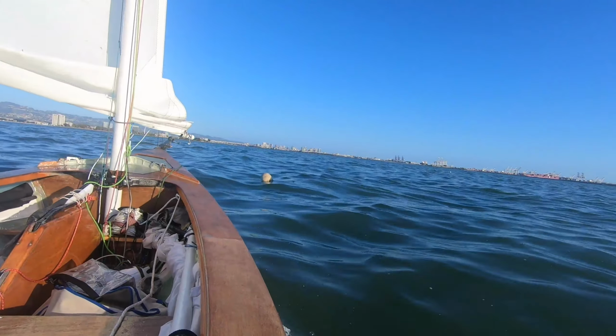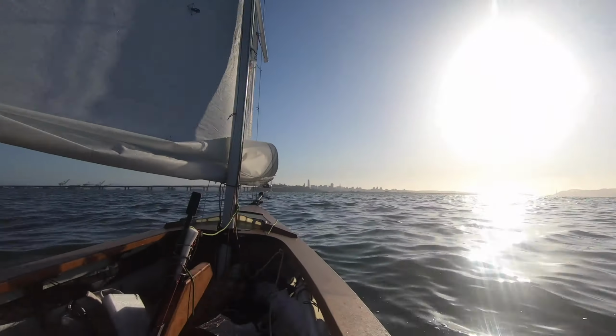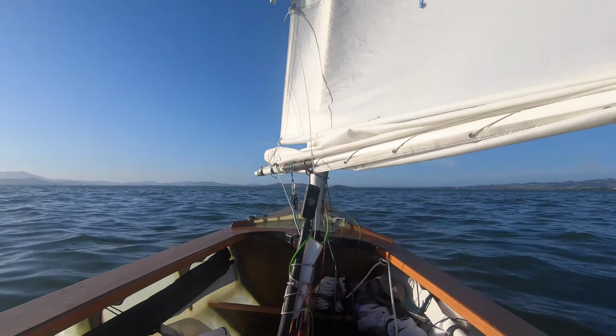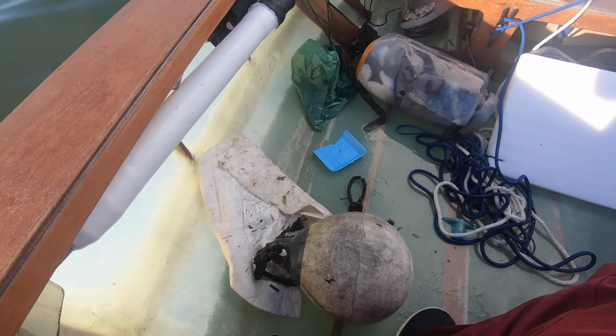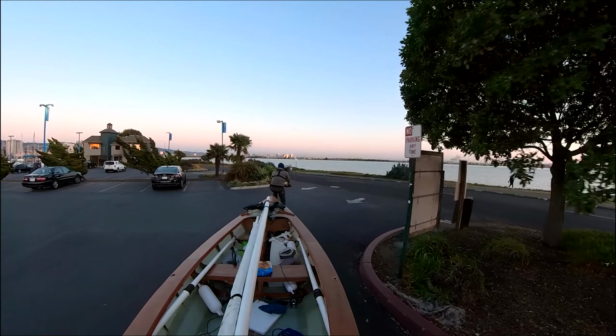Saw a buoy in the water, came over to check it out, see if it was someone's fishing gear. That's trash. Let's go get it. Yep, we're going for it. I think I normally want it on the windward side. Just gotta come up on it. This is not fishing gear. Yep. Got it! 3 for 6 is pretty good. There were 3 other pieces of trash that I went for, but